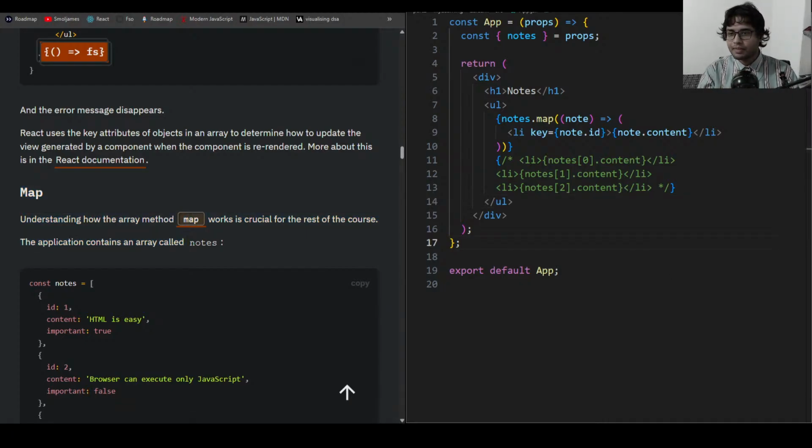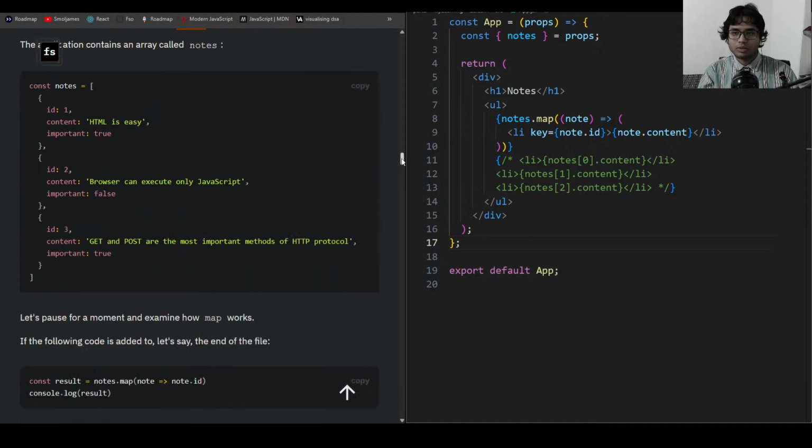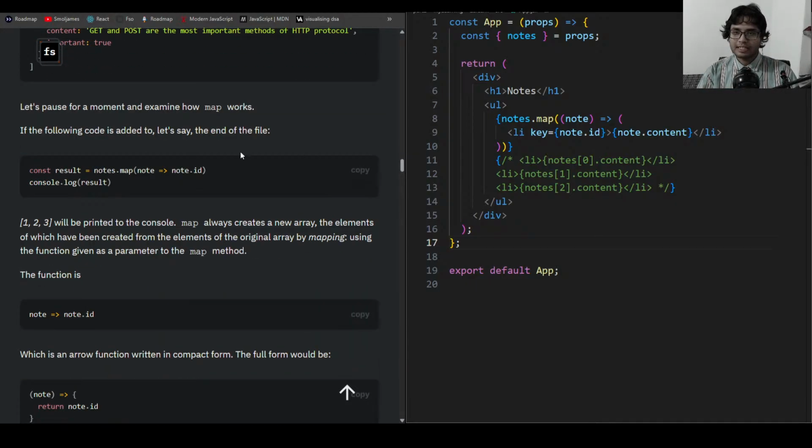Okay, map, understanding of the array method map and how it works is crucial for the rest of the course. The application contains an array called nodes. Let's pause for a moment and examine how map works. If the following code is added to, let's say, the end of the file, result = nodes.map